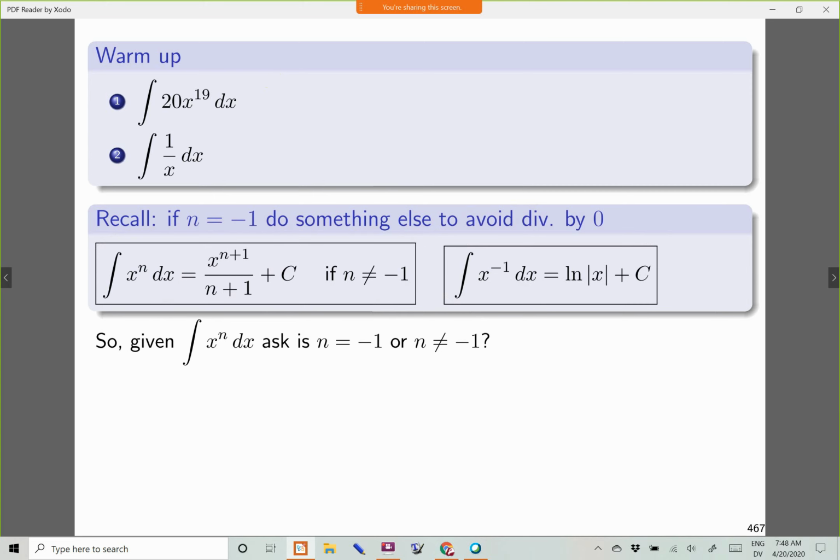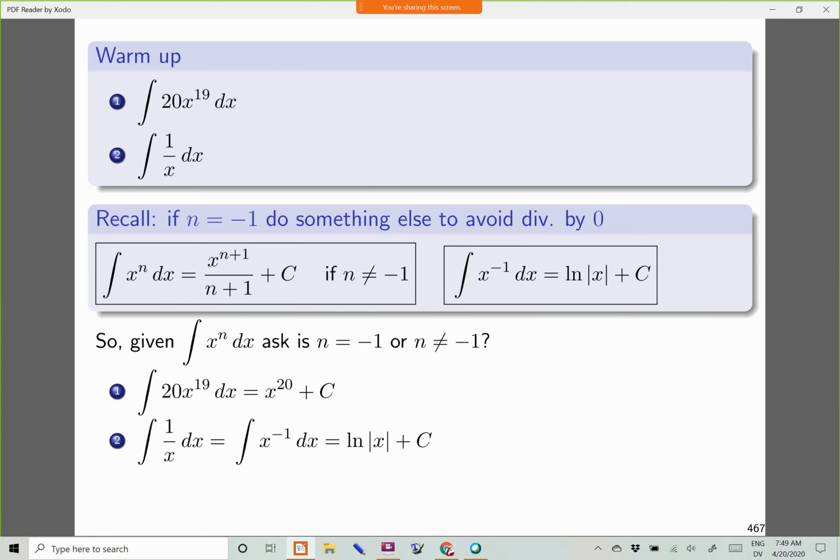So for the first one, you can apply some of the ideas behind this right here, but because of the 20 that's already in front, it was already written in a format that was maybe trying to get folks to not have to rely on this formula, but to directly think about the derivative of what thing should be 20x to the 19th. That thing to differentiate should be x to the 20th plus a constant.